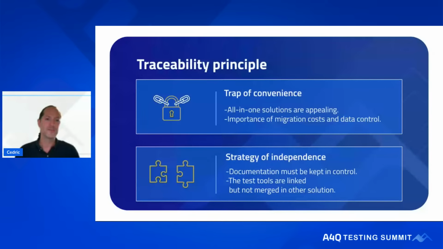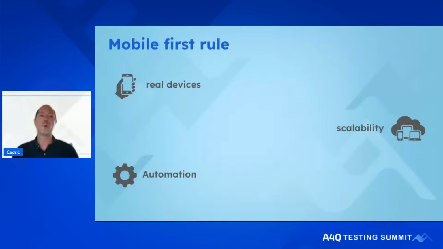Okay. If you still follow, then we can go a little bit more into detail with the second example. In this, I want to speak about mobile first. Wherever I've worked, banks, government, private companies, mobile first is always the motto. It's been the motto for years because you cannot be a company without having a presence on the stores, on the mobile applications. Even for banks, it's key to be present with a reliable application.